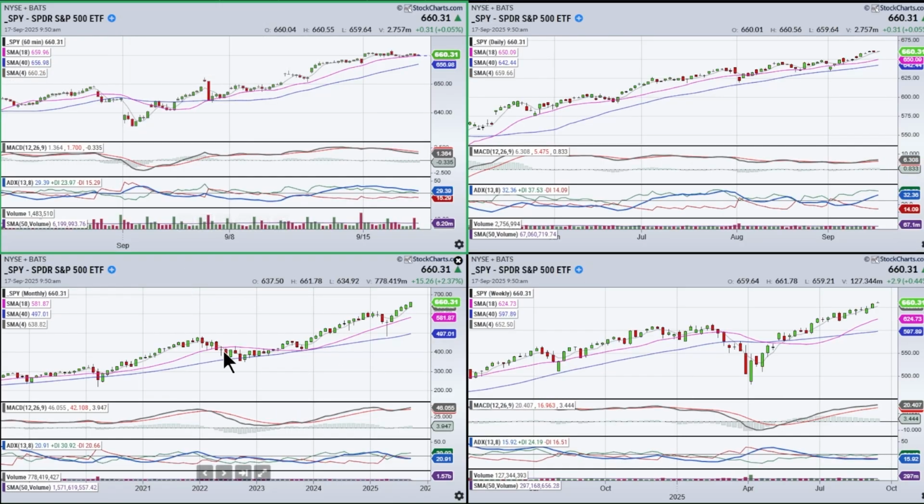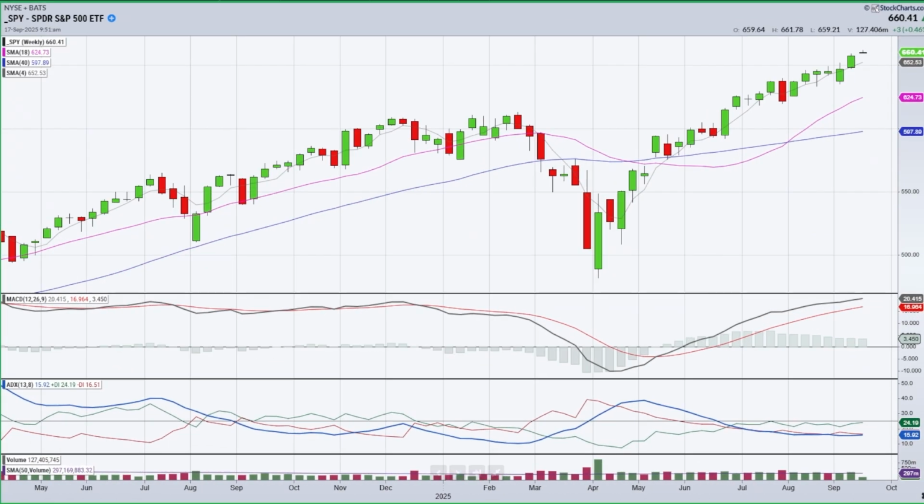All right, let's take a quick look, run through the individual time frames. So monthly continues to move, but we're on month 5, 6, something like that, of moving up, right? I mean, you would think at some point we have a pause or a pullback, maybe check back towards its 18-month line, but I don't see anything overt, it's not like it's at an extreme. It's not really that overbought, and so we don't have any kind of momentum divergence really in place, so I'm okay with that. The real issue right now, the only real issue we have is that this DI line is